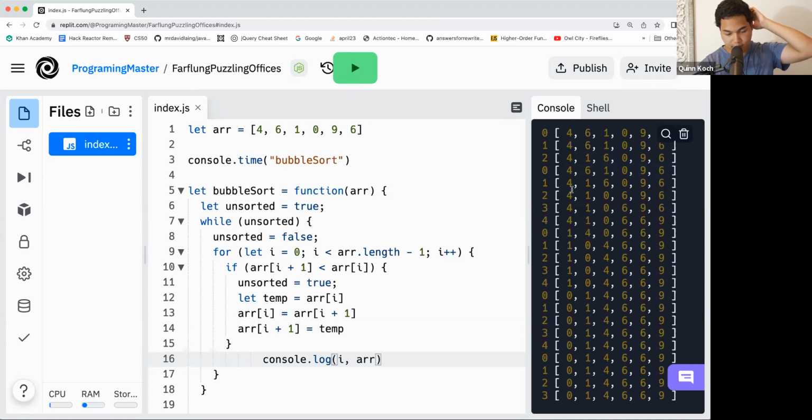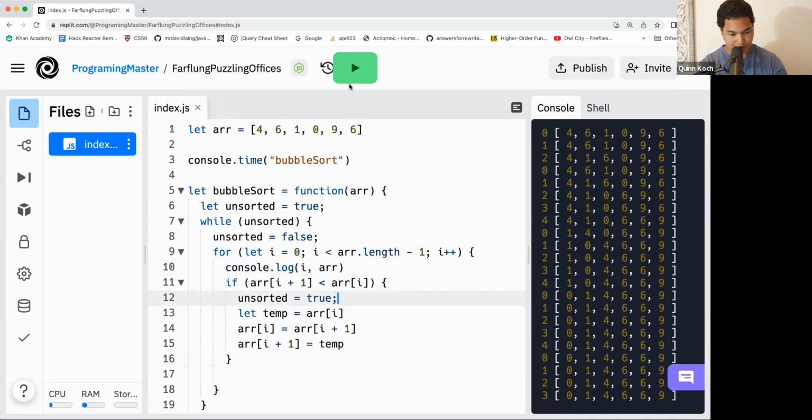Sorry, I feel I'm confusing myself here. Okay, I'm gonna go back. All right. Does this help at all? I feel like I just confused myself there, but basically,